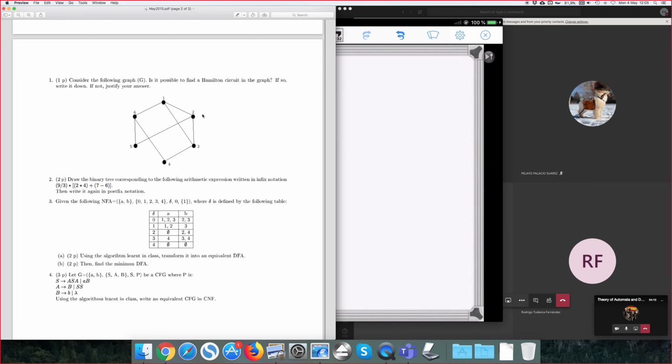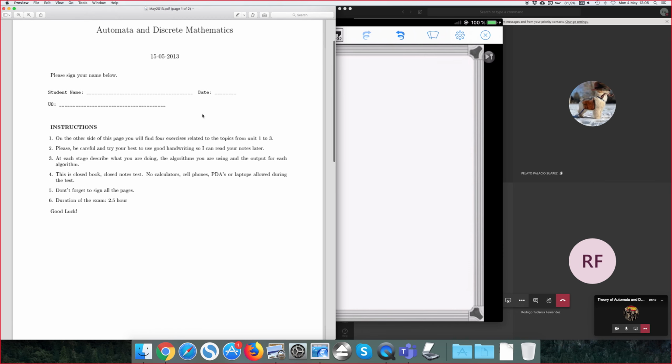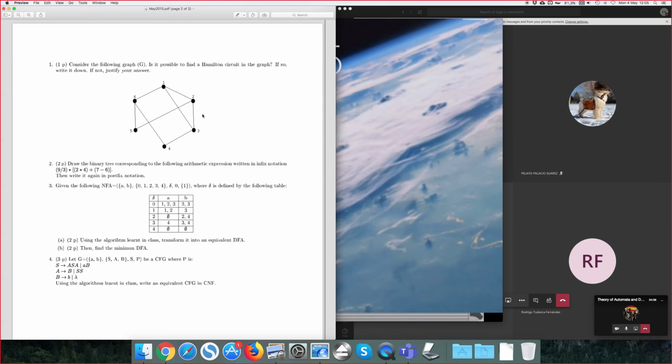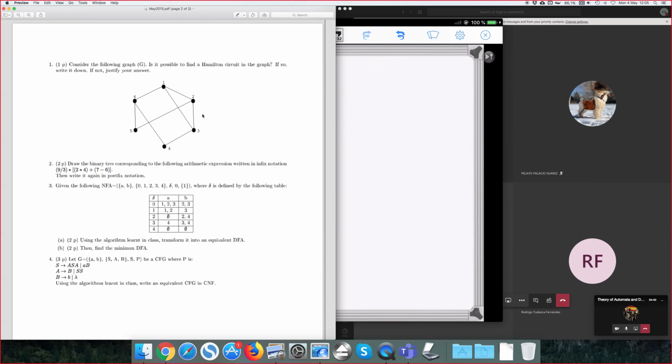And what I'm going to do is to solve some exercises from the exam that I have uploaded to the virtual campus. This is an exam from several years ago, and this is somewhat similar to what you may expect in the final exam, with some exercises of each of the units that we have covered. So I'm going to solve the exercises that are directly related to graphs, and then I'm going to go to the